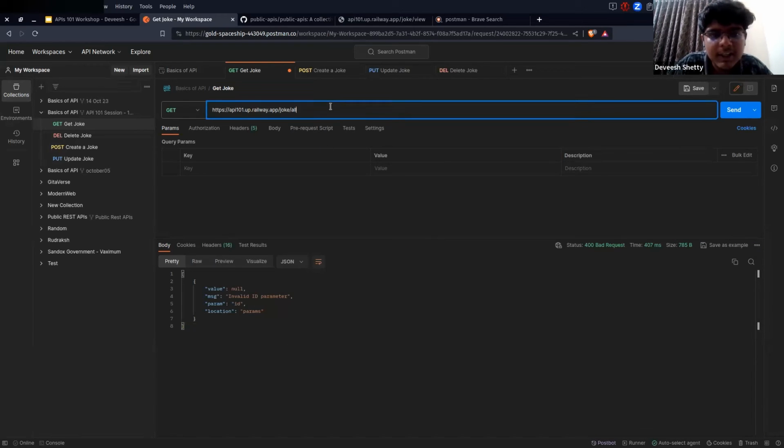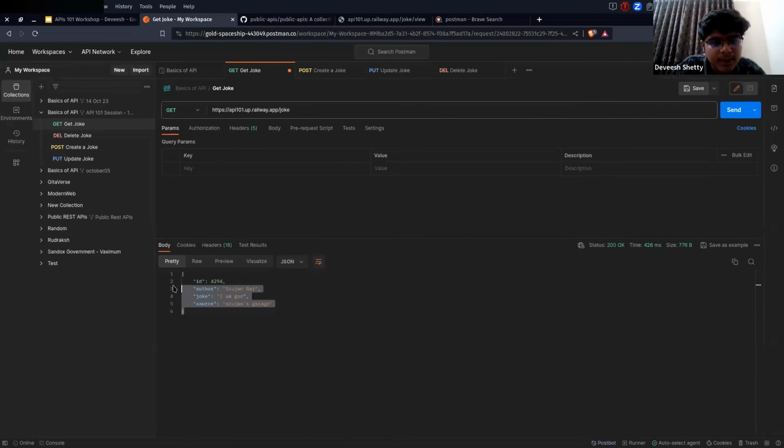But in this API which the Postman people have developed, they have not put a path like this. So that's a very good feature which you can add. If you are developing an API, you can create a new "all" path, which will list out all the jokes to you. Then for a joke you don't like, you can just select the ID, copy it, and paste it here. For now they didn't put that feature in, but you can do that. So see, if I do this, I can get random jokes.